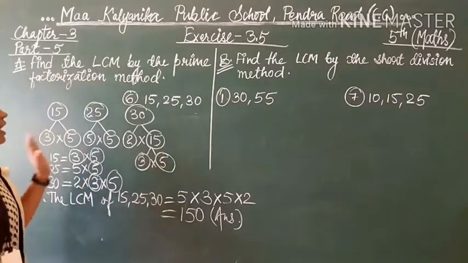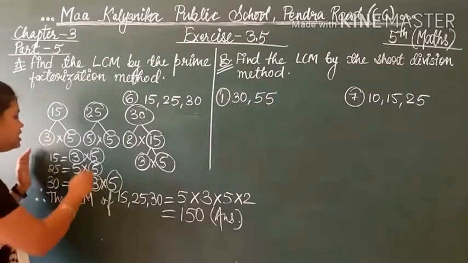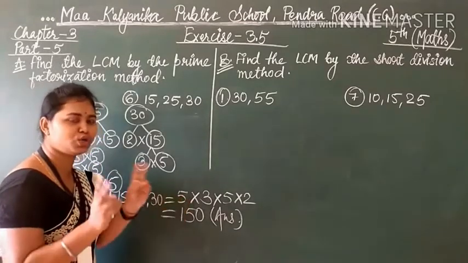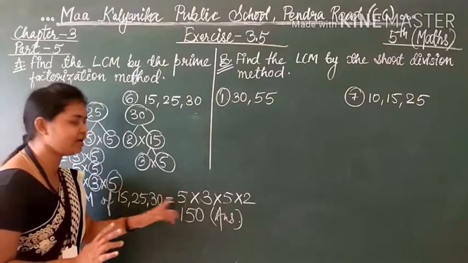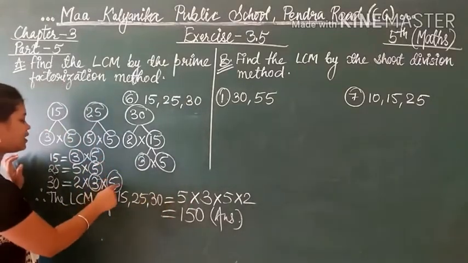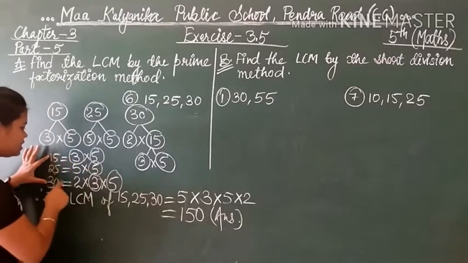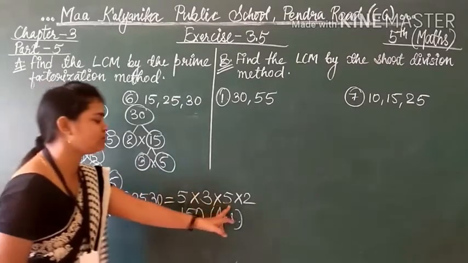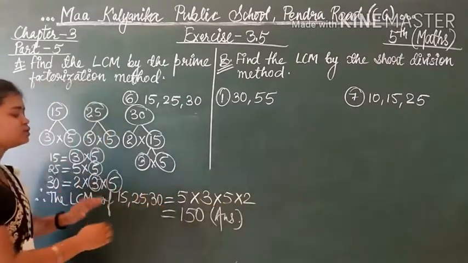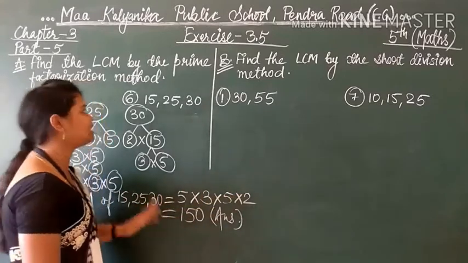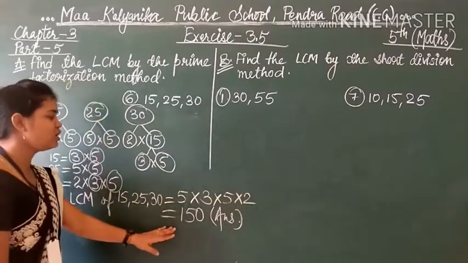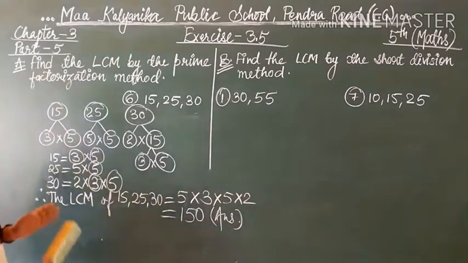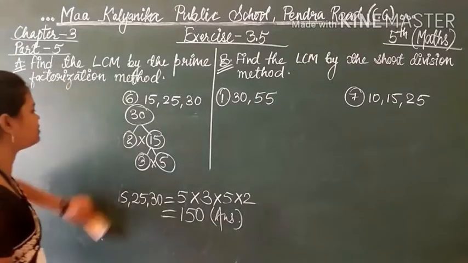So students, be careful in finding the common factors. In all three you have to see. The first common factor you will write only once, not 3 times. 5 is in all three, so don't write 5 three times. Okay. Single time 5. Then 3 is common in 15 and 30, so write 3 only once. Then what is left which is not common, that you will write one time each. After finding this, you multiply and you will find the least common multiple of the given numbers. So students, I hope you have understood question number A very well. In this way you will solve question number A.